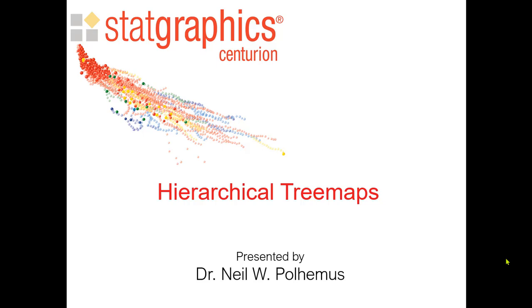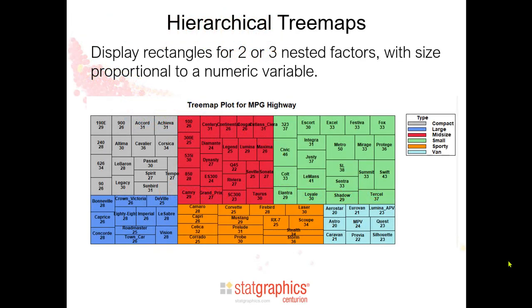This video describes a new procedure added to Statgraphics version 20 for creating hierarchical tree maps. A hierarchical tree map displays rectangles for 2 or 3 nested factors, with the size of the rectangles being proportional